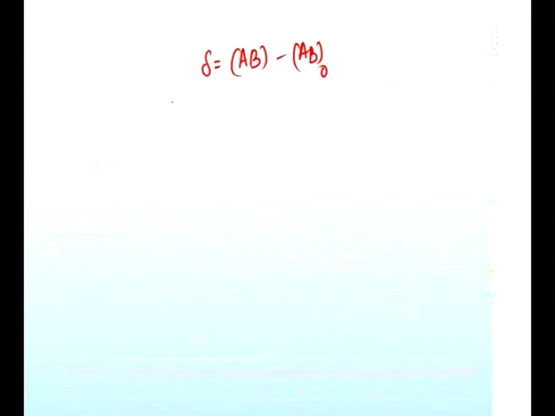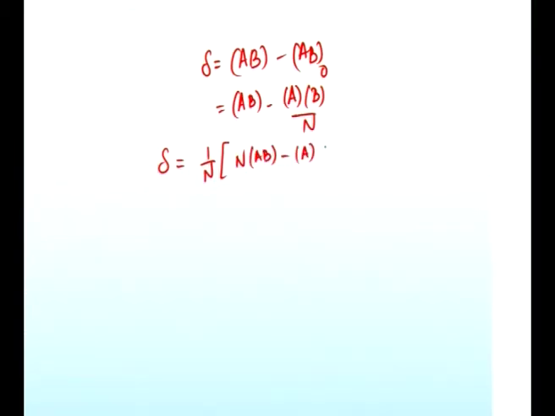So, we have discussed in the previous slide what AB naught stands for. AB naught stands for bracket A into bracket B by n. Therefore, we have delta is equal to AB minus A into B divided by n. Simplifying further, delta is equal to, taking that 1 by n outside, n into AB minus A into B. Okay. What does n stand for? N stands for the total population. So, n can be written as AB plus A beta plus alpha B plus alpha beta,